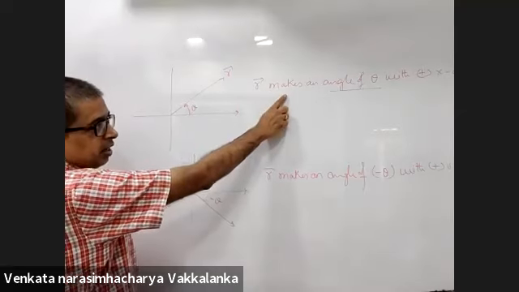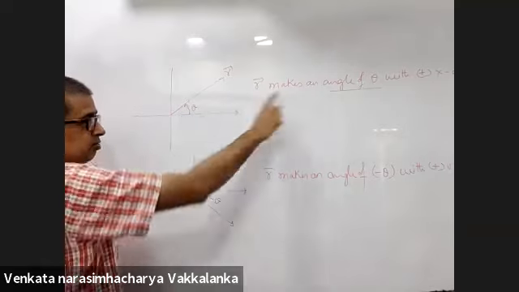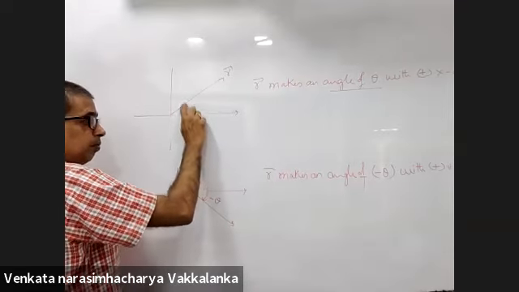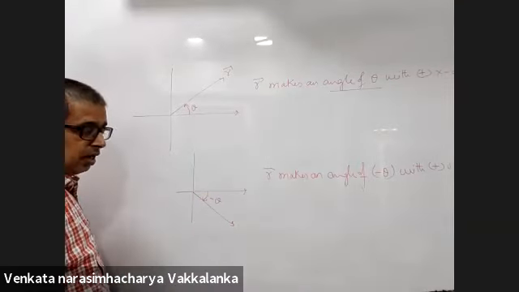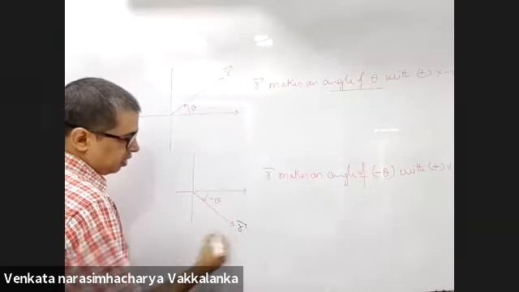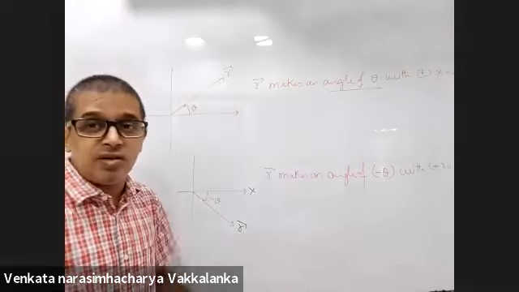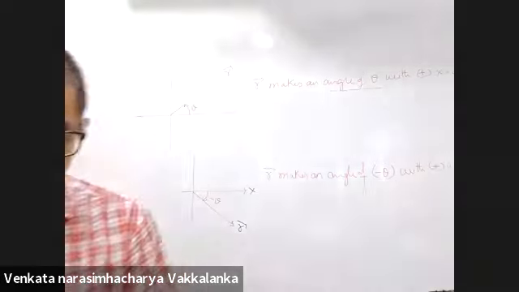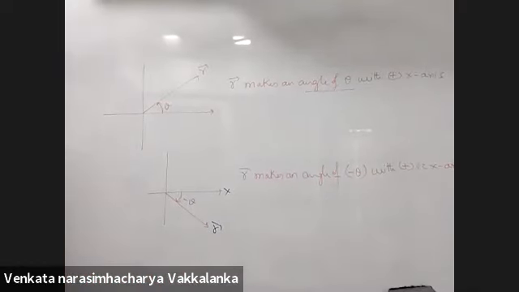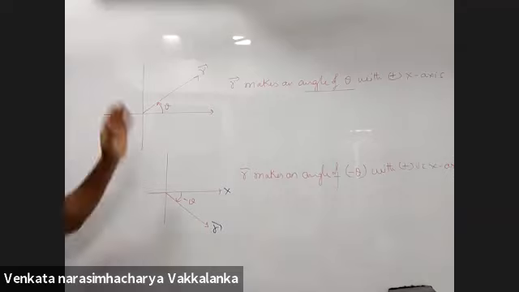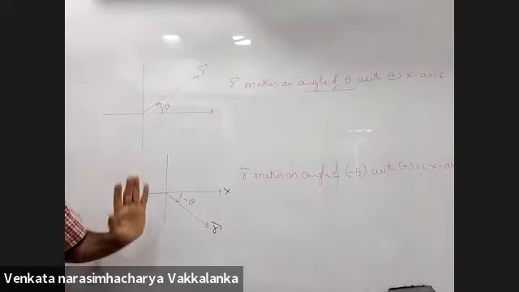R makes an angle of theta with the positive x-axis. So plus theta, I'll go in anti-clockwise, minus theta, I'll go in clockwise direction. Right? But remember, it is told with positive x-axis. If I tell with positive y-axis, then from the y-axis go either anti-clockwise or clockwise.